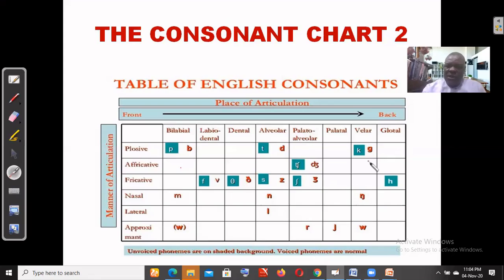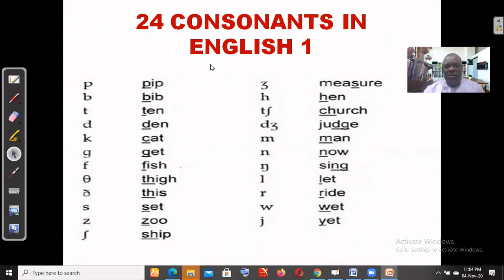Now, let's, of course, go further and look at other aspects of this particular topic. We shall look at this vowel sound. These are the 24 consonants in English. Of course, you can see them. Let's go through them. Here you have P as in peep, B as in beep, T as in ten, D as in den, K as in cat, G as in get, F as in fish, and then the voiceless dental fricative,